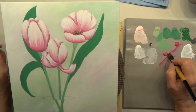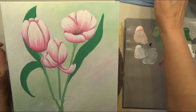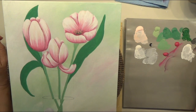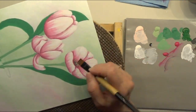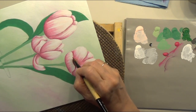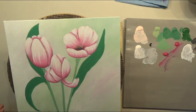I'm going to mix some leaf green and some joyful pink, that dark color. It looks a little green for me, so I'm going to add a little more pink in there. Pink's going to turn it a little bit more of a brownish color. Now make sure that your dots are dry. And I just want to put this at the base down here. I don't want to bring it up too far. Just kind of wiggle it and scoot some in there. Kind of set that center really down into